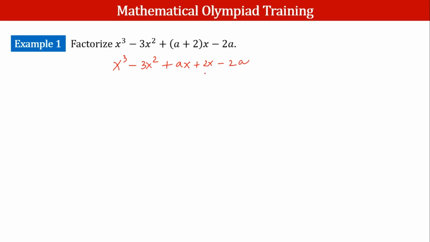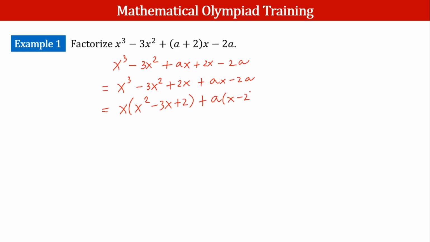Now notice that if we group the first two terms and the fourth term, what I mean is that if we have x cubed minus 3x squared plus 2x plus ax minus 2a, and then factor out x in the first three terms, we have x times x squared minus 3x plus 2, and then also factor out a in the last two terms, we have a times x